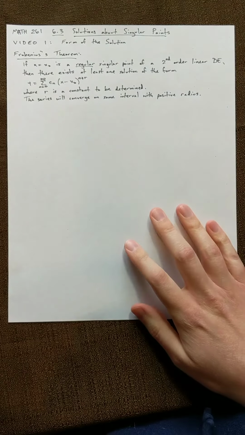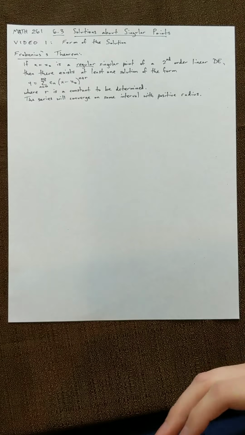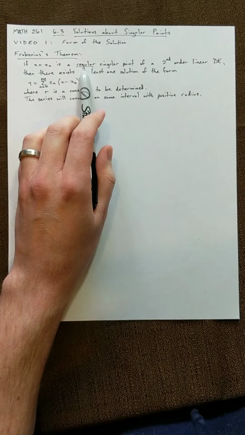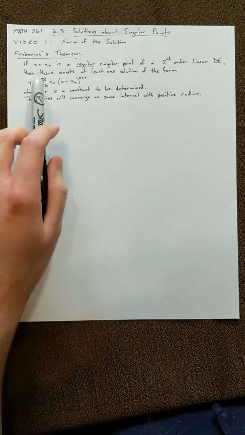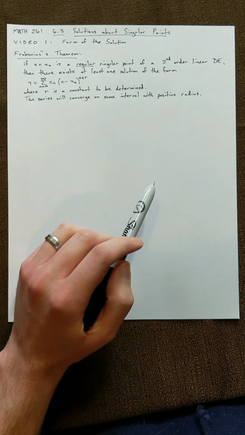In the last section, we talked about finding a series solution of a differential equation around an ordinary point. In this section, we're going to talk about finding a series solution around a singular point. And it turns out this method is only going to work for a regular singular point. Okay, so if x equals x naught is a regular singular point of a second order linear differential equation, then